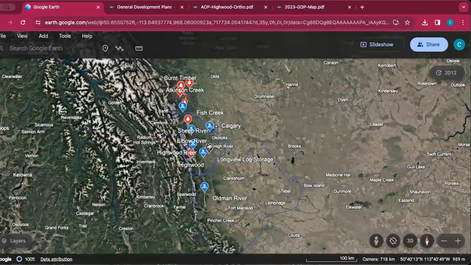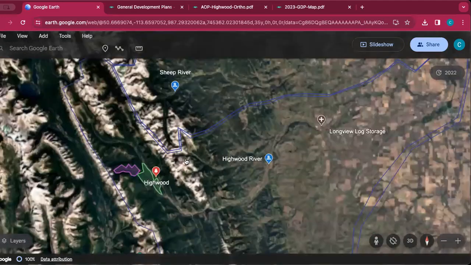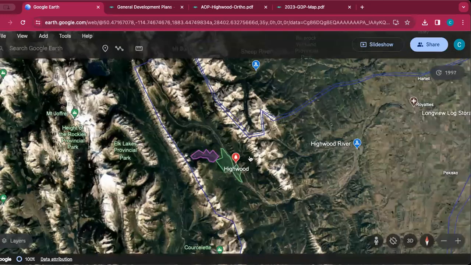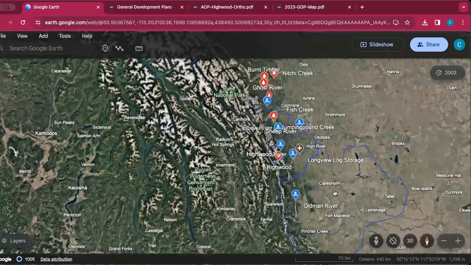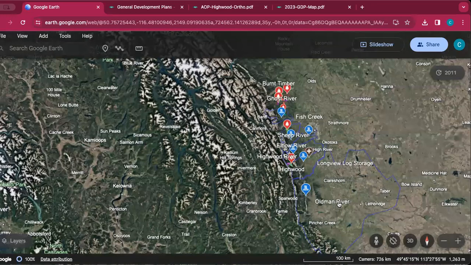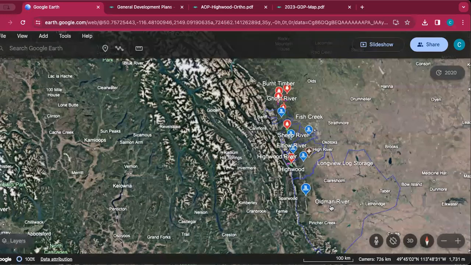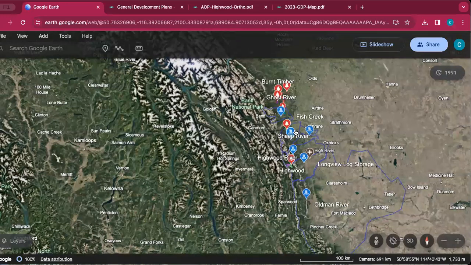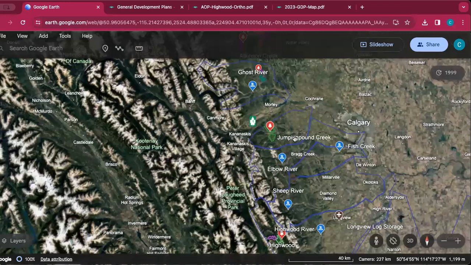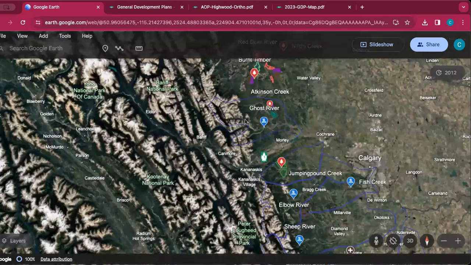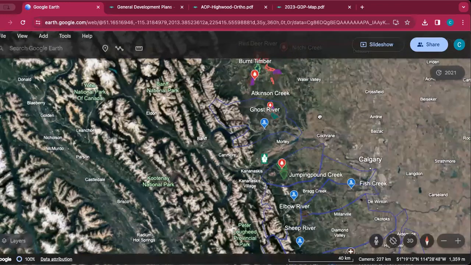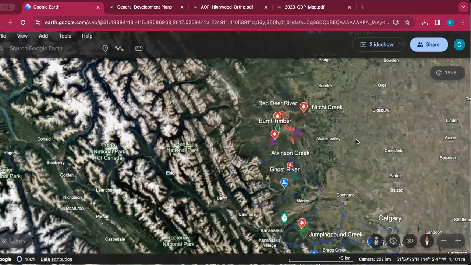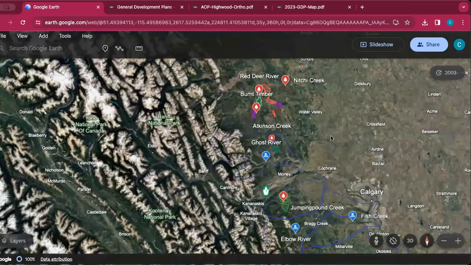And so I went to Google Earth, and let's zoom into the Highwood real quick here, and kind of generally mapped out those different areas. I also outlined the different watersheds. So a quick overview in the southern part of the eastern headwaters, we have the Old Man River, and we have the Highwood, and we have the Elbow, we have the Sheep, and we have Fish Creek and the Elbow, Jumping Pound, the actual Bow River, the Ghost, all of which flow into the Bow. And then north of that is the headwaters of the Red Deer River, which flows north and then south and meets up with the Bow / South Saskatchewan